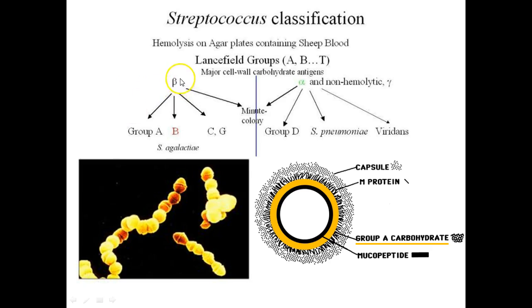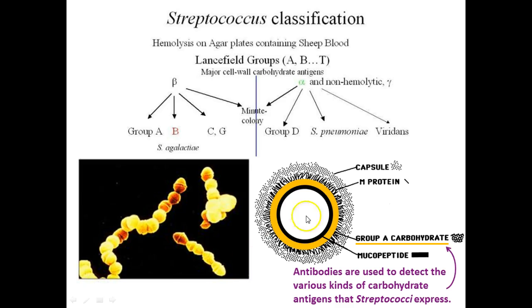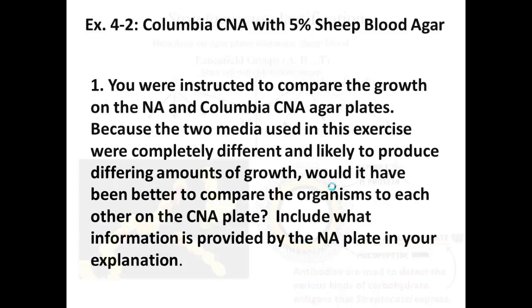So again, a lot of them are beta and alpha hemolytic, and the Lancefield group is a different classification. It's based on these sugars. So notice, as I said, Streptococcus pneumoniae is alpha hemolytic, but it's really dependent on those red blood cells. And pretty pathogenic too, so it's another one of the reasons why we don't like to use it in the